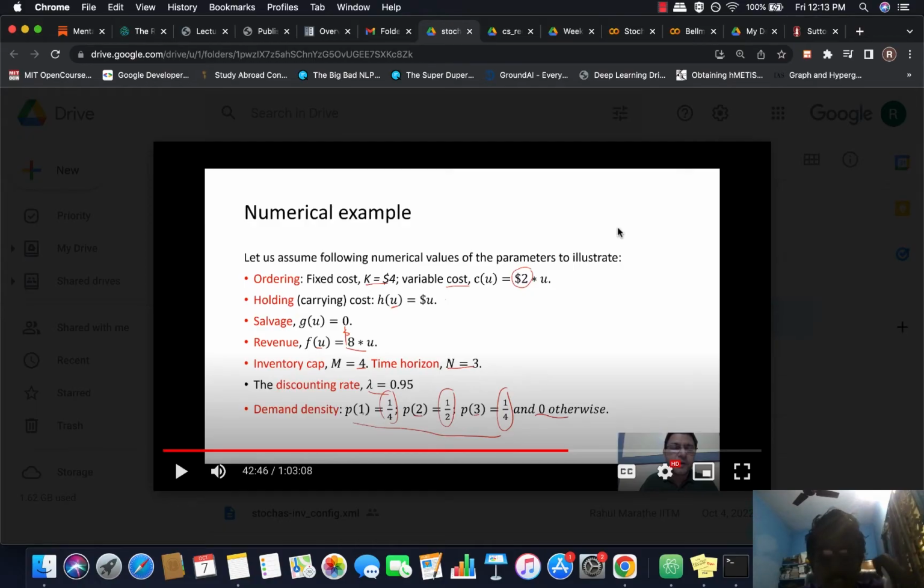Hello. In this session, we'll be looking at the Python implementation of value iteration for the numerical example discussed in the lecture. So here we can see that the problem setting is having a fixed cost of 4, variable cost of 2, carrying cost of 1 per unit per time period, salvage cost of 0, revenue of 8 per unit sold, and inventory maximum limit is 4, time horizon is 3, discounting factor lambda is equal to 0.95,